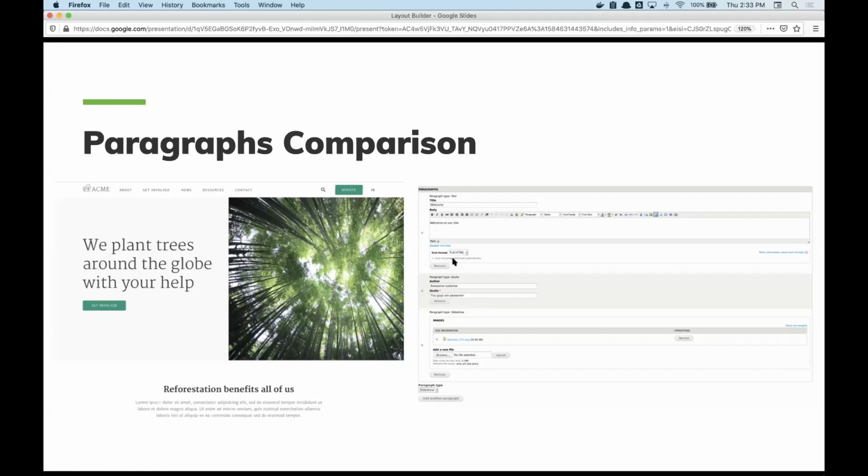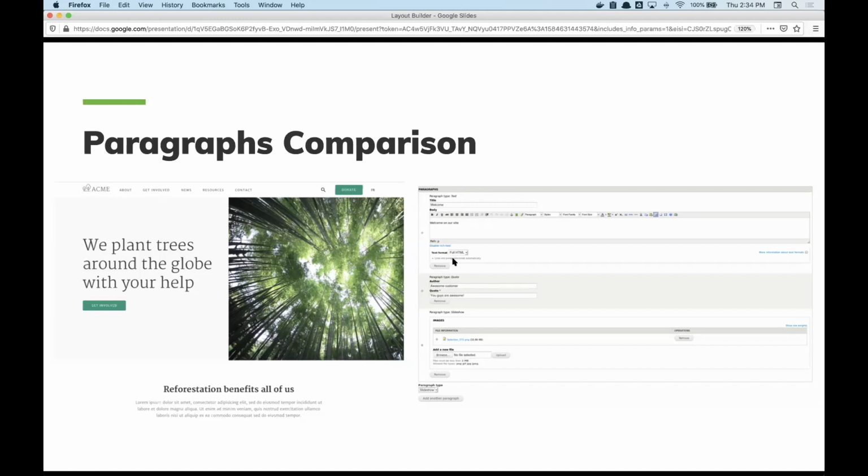So definitely fewer clicks, but less of a visual experience. It seemed less like a tool for creating a layout, less of a layout-oriented experience, and more of a tool for creating content. The users in our study mostly had a fair amount of Drupal experience, so they were definitely finding paragraphs much faster to use, just the time spent. But this was their first time seeing layout builders, so we also have to take that into account. So paragraphs was more familiar, but they didn't feel as much like this was the tool for creating this real